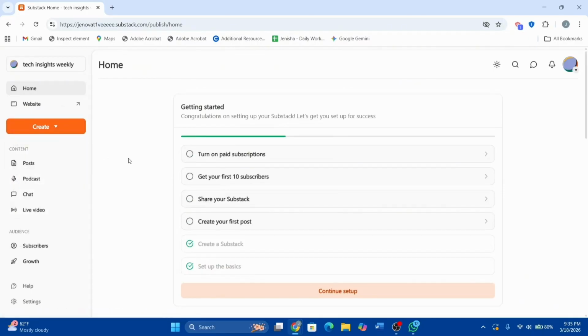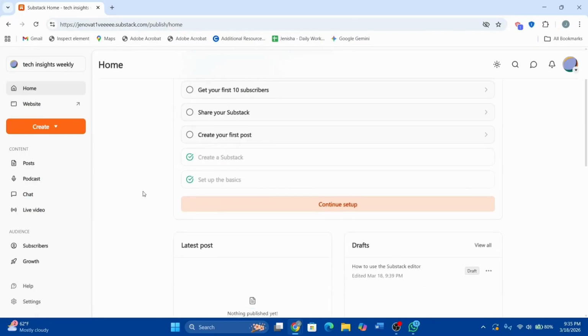And that is it. You can also upload your own profile and logo, cover image, and write about your page, and even set up email settings and everything. But this is how you should be able to create your own